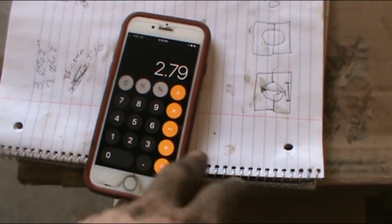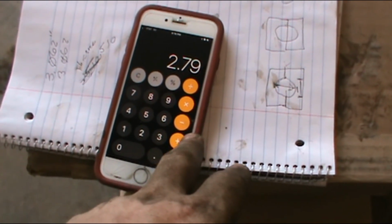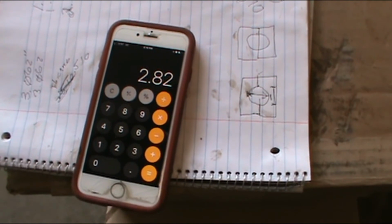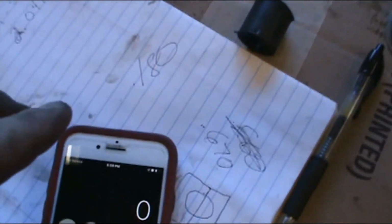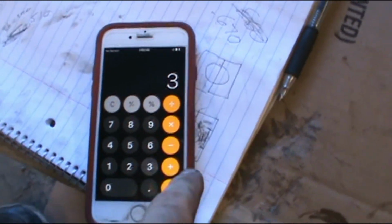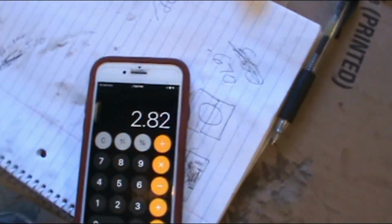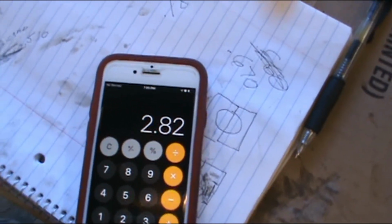So what we're going to have to do is add, or actually take away, if we take away, let's take away that 30, so that's plus 0.03, give us 282, which is about as close as we can get. Alright, let's take that 30 out. Alright, last time I measured was 180 thousandths, which if you take 3 inches and subtract 0.18, you get 2 inches 820 thousandths. Our goal was 2 inches 825,